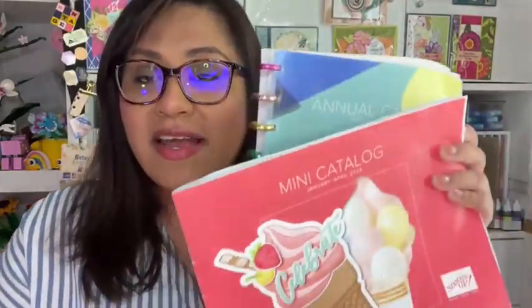But another reminder that these 2 catalogs, the items in these 2 catalogs are going to retire. April 30th is the last day for you to get these products. So just keep in mind, if you have gotten your catalog, please let me know what you think about it. I want to make like a week of all new